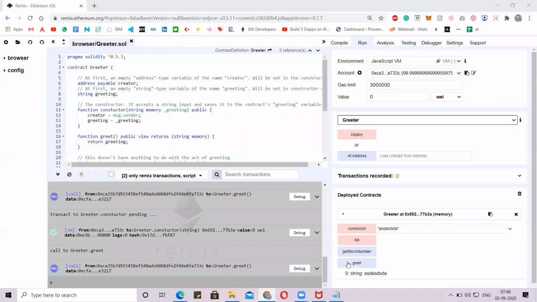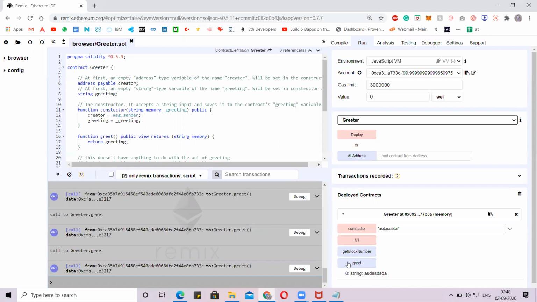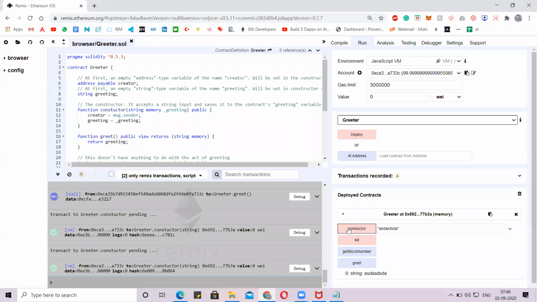Calling a function, reading data from the contract is very easy. We can do it any number of times. But posting data to the contract always incurs a transaction cost. We always need to pay a transaction fee for that, for each and every piece of data. Always remember, we will store only the data which we want on the blockchain, which is very important.